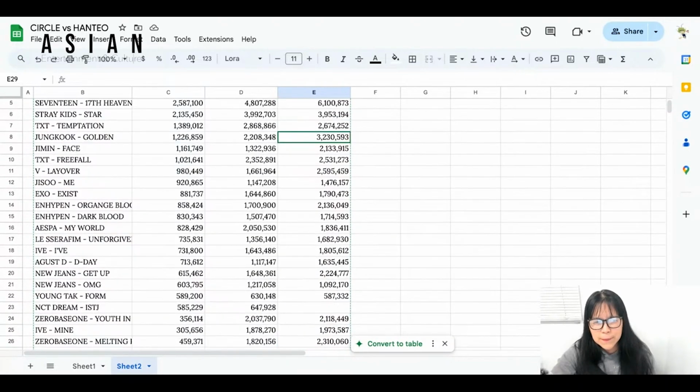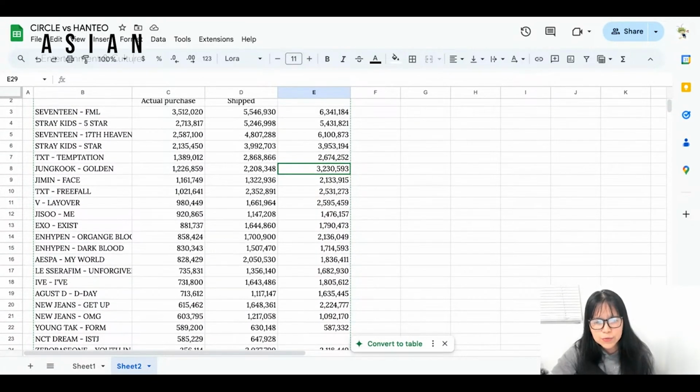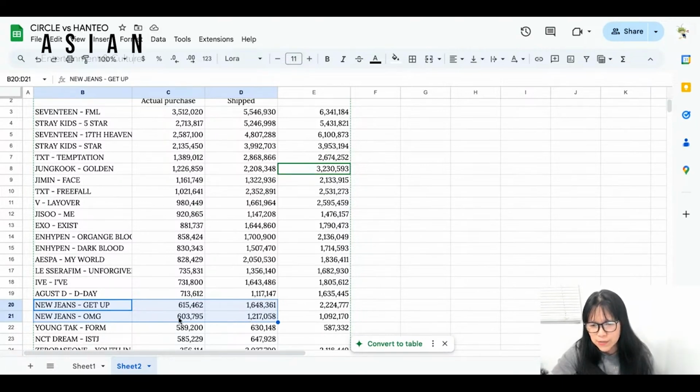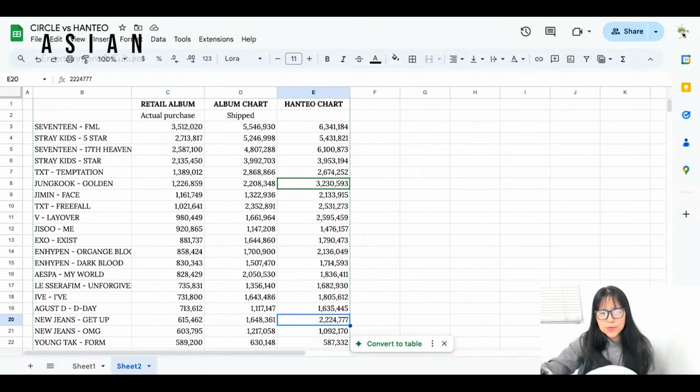So there's a big difference in many of these. I think even with NewJeans, there's a huge difference. Like they shipped 1.6 million, but only 615,000 were purchased, and then 1.2 million for OMG, but only 603,000 were purchased. However, there's a difference when it comes to the Hanto chart. According to Hanto, Get Up actually sold 2.2 million and then 1.09 million for OMG. So that would be